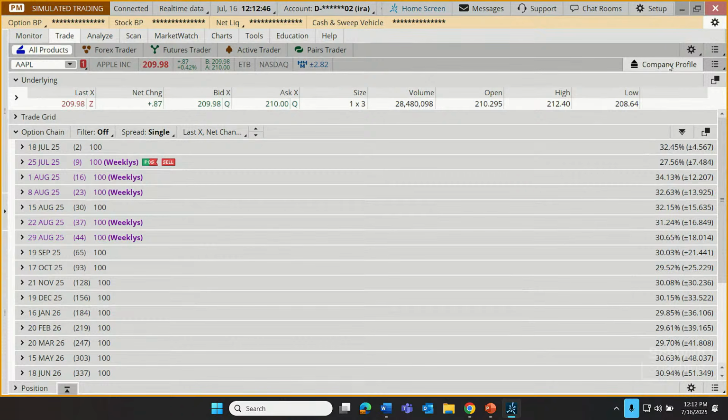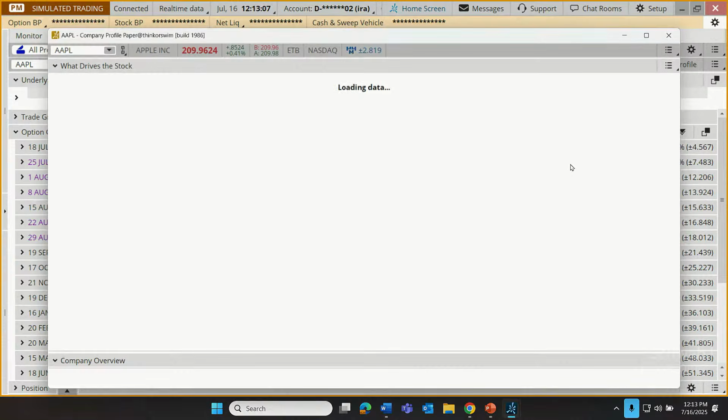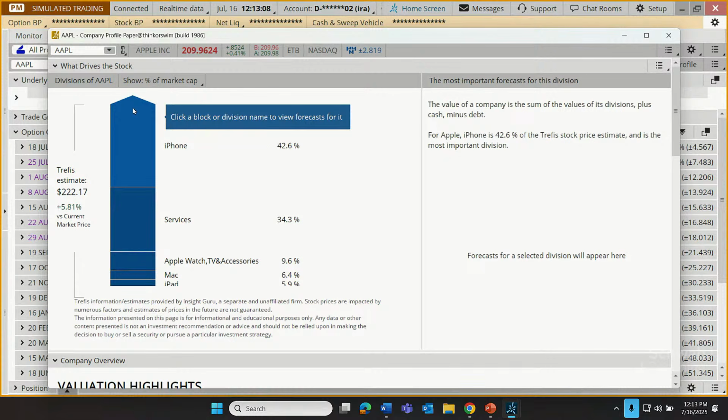Then we have our company profile. How many of you have had the courage to click on this while in your simulated trading environment? Really, we should feel comfortable clicking on just about anything in the paper money software. This is where we can practice with things in a no risk environment. So if we click on that company profile, we're presented with, and I'm not going to go deeply into this tool, but kind of a nifty little tool here.